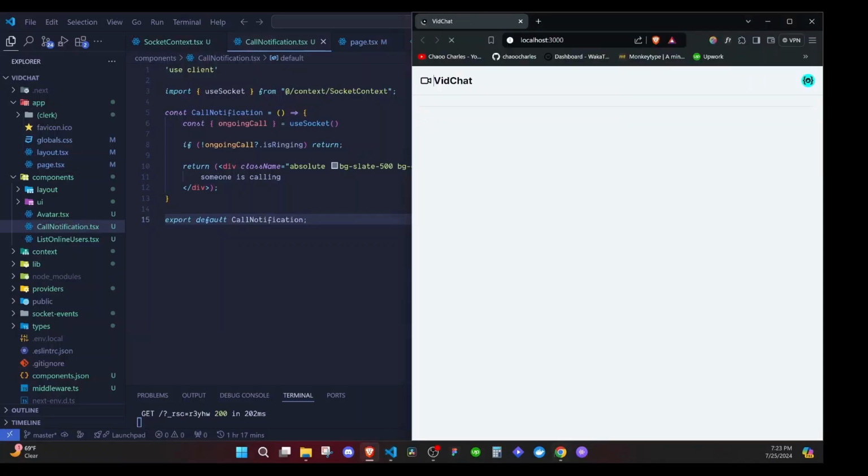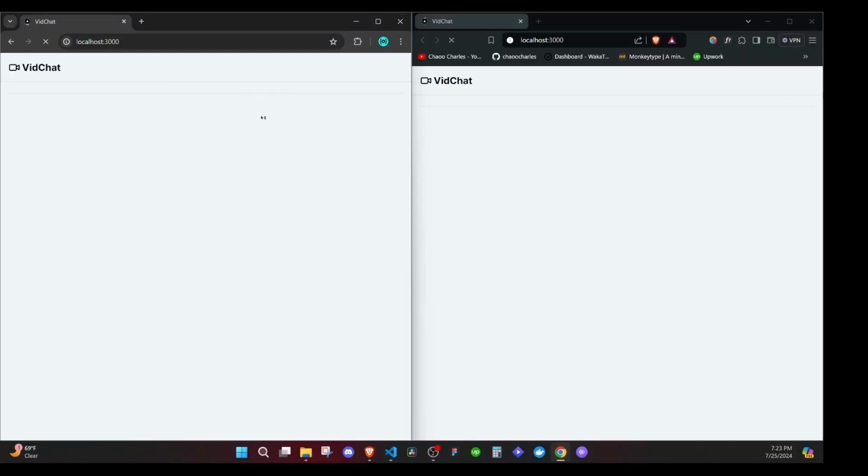I have two browsers already open. I have two users, this one and this one. Okay, they are both reloading. I'll wait for them to complete. There we go. Now when we click this, we should emit a call event to the server. The server will emit an incoming call to the person that we have tried to call, which is this person. So I click